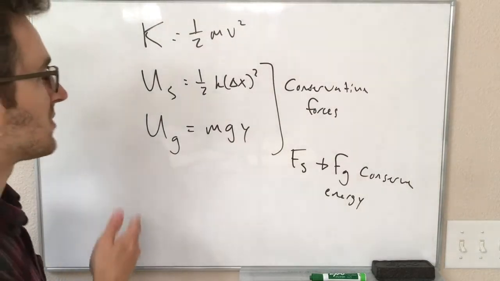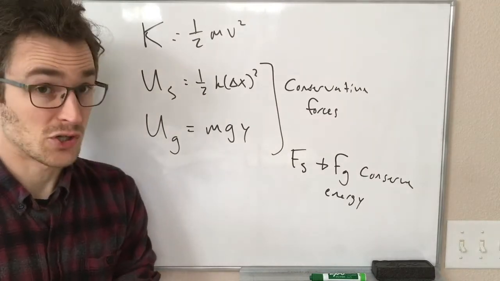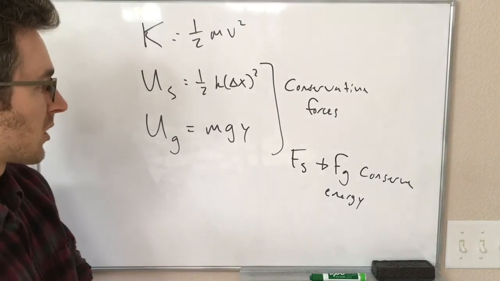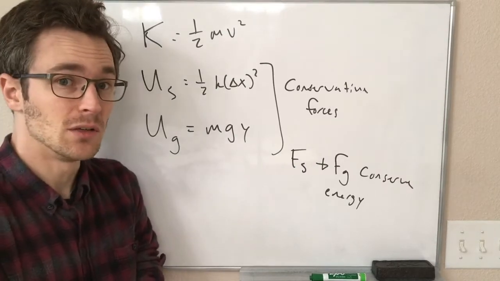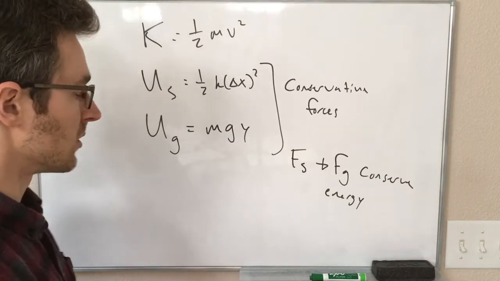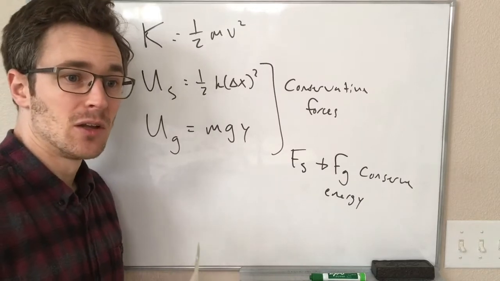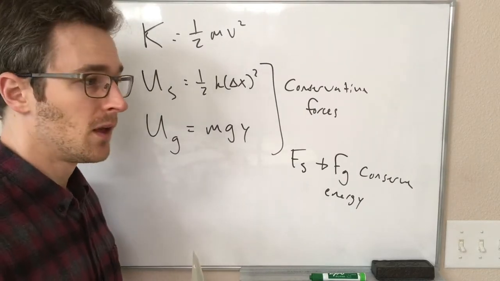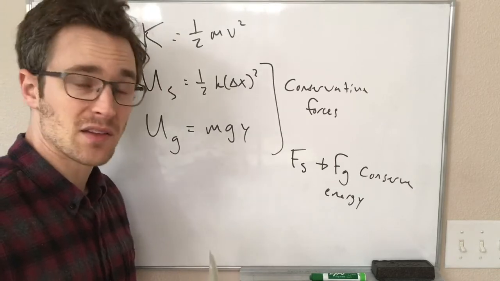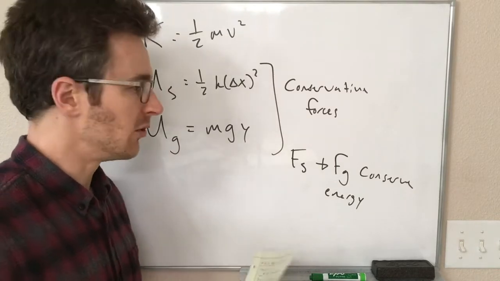But there is another important force that we haven't talked about, friction, right? And friction does not conserve mechanical energy in the same way as these other things. In other words, friction does not have a potential energy associated with it. If we put energy into friction, we don't get that energy back. That energy is lost in the form of heat, right?